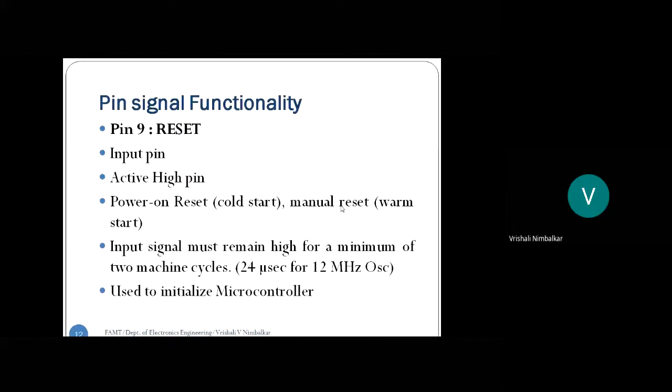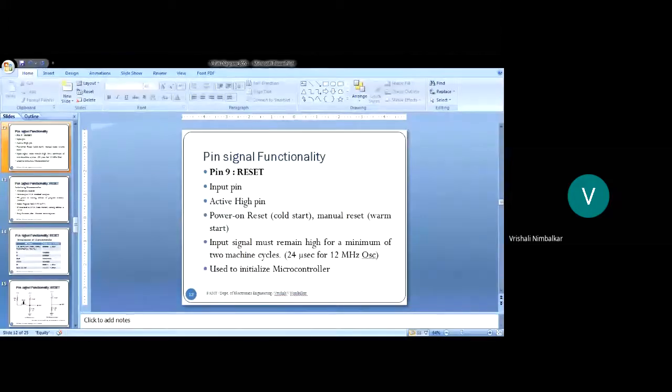We will be having some circuitry which will reset the microcontroller. That is manual reset. Okay. And when will the microcontroller reset? Look, the input signal should remain high for a minimum of 2 machine cycles. Then and only then will the controller reset. It will say, this is a valid signal, and then it resets. So the input signal must remain high for a minimum of 2 machine cycles. A machine cycle comprises 12 T states.